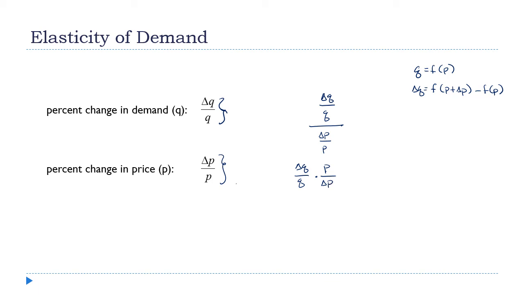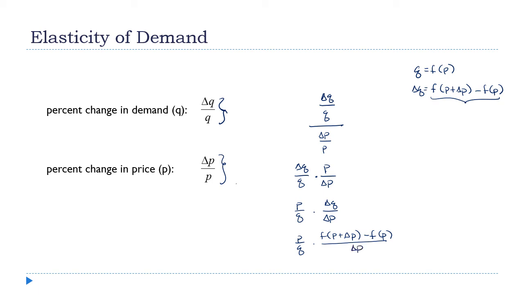Now, again, I'm going to rearrange this a little more. I'm going to put the P and Q together, so that's P over Q. And I'm going to put the deltas together. So that's delta Q over delta P. All right, now let's make my substitution. I'm going to leave the P over Q alone, P over Q. I'm going to replace delta Q with this. So that's f of P plus delta P minus f of P over